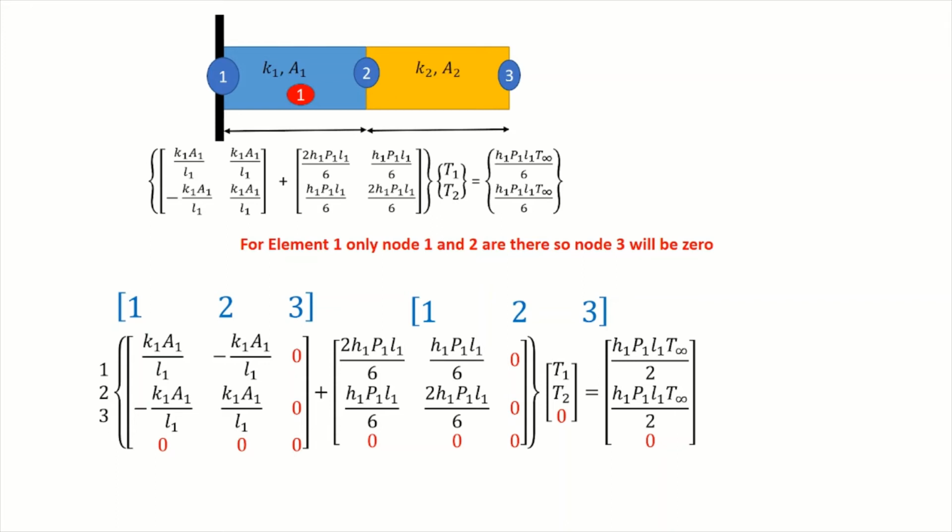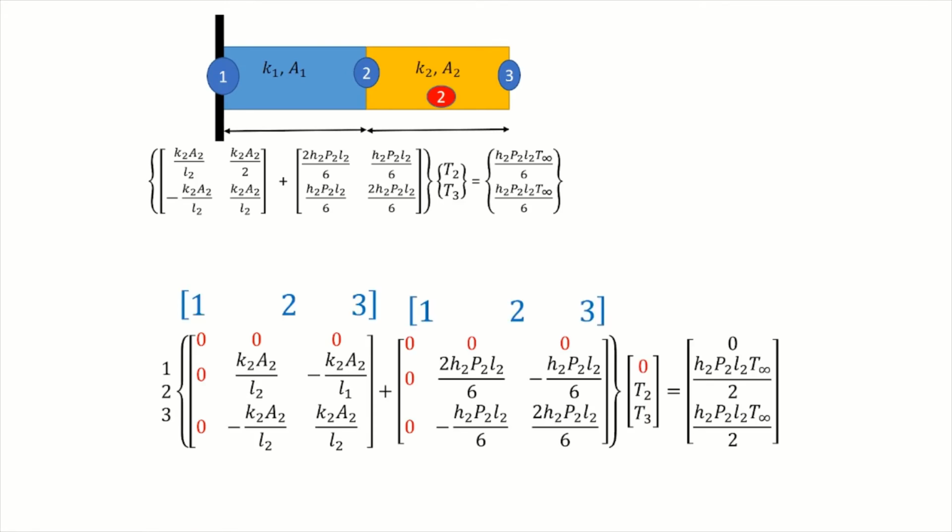Suppose your elements are 3 and your nodes are 4. Then it will be a 4 cross 4 matrix. That is the relationship. At this level, to make the problem simpler, we only consider 2 elements. If you want more convergence and more accurate results, go for software like Abaqus, Dyna, or PAMCrash. You can increase your mesh size when using a solver. So these 3 are 0. Got it? Here also 3 are 0, and this third term is 0.